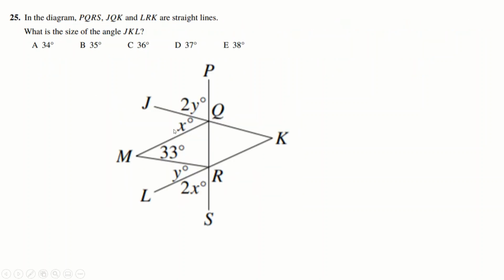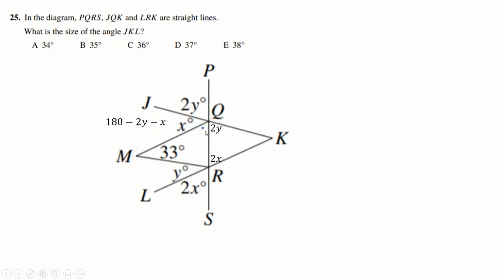Question 25, this is just straight up hard. This is just, I think, quite a difficult question. You've got to do quite a lot of staring to get it, I think. Vertically opposite angle says this angle is 2y and this one is 2x. That's the first thing I can say. Now this angle here